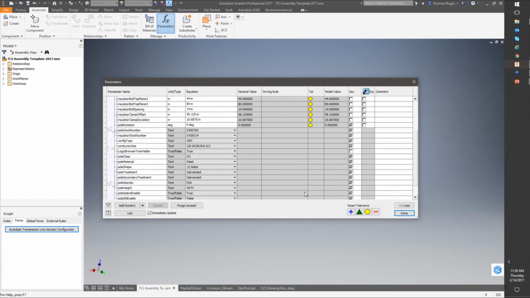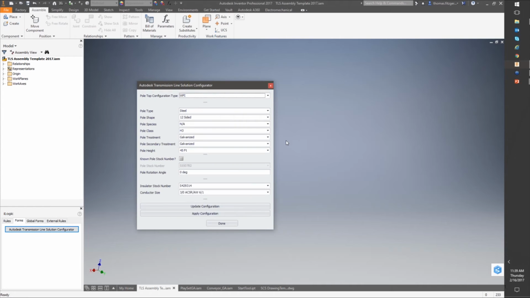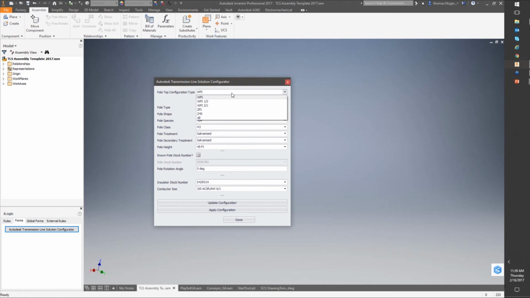How are they keyed? User parameters to me seem a lot more purposeful. I think you have more control. So I always use user parameters, just a good rule of thumb in my situation. So I have this UI. If I make different changes, say I want a ZPI type of